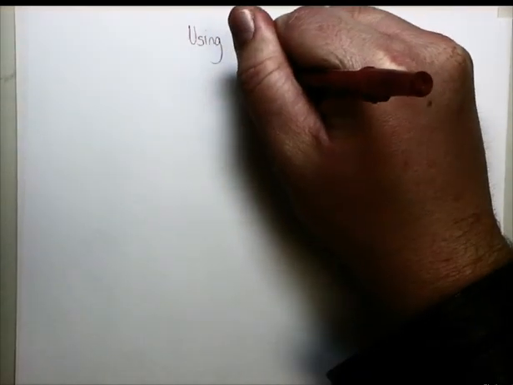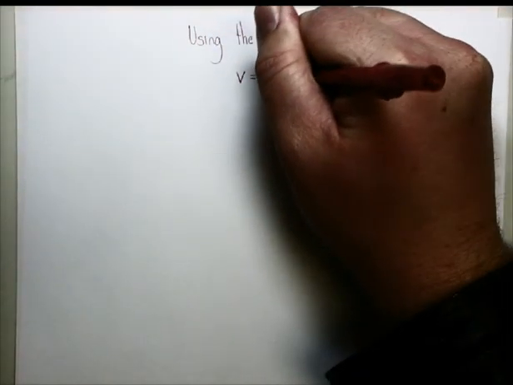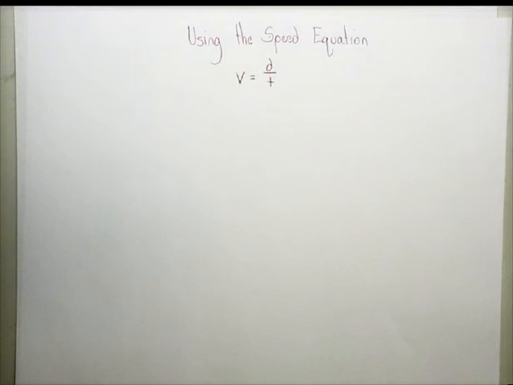Alright, next thing we're going to learn is how to use the speed equation to solve problems. Remember that the speed equation is v equals d over t. That is, speed equals distance over time. And I'm just going to set up the three standard types of problems that you'll see and show you mathematically